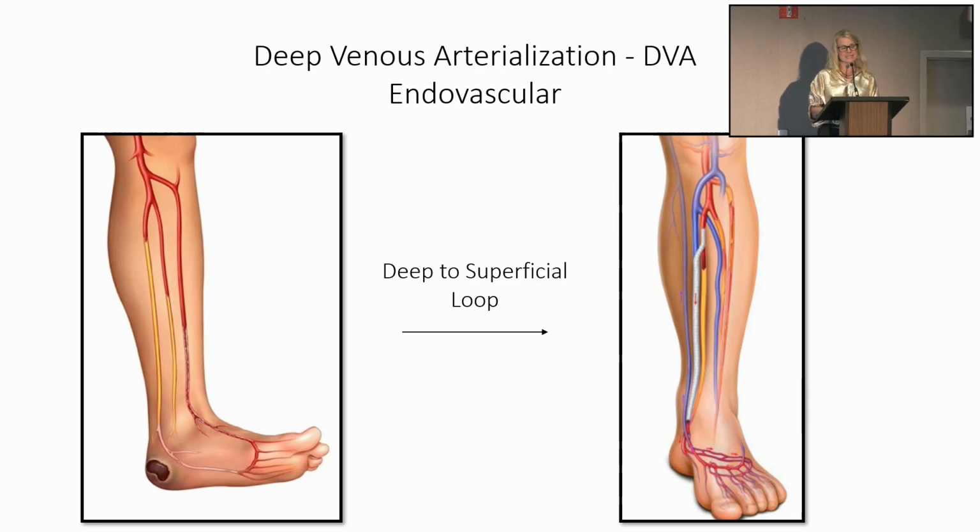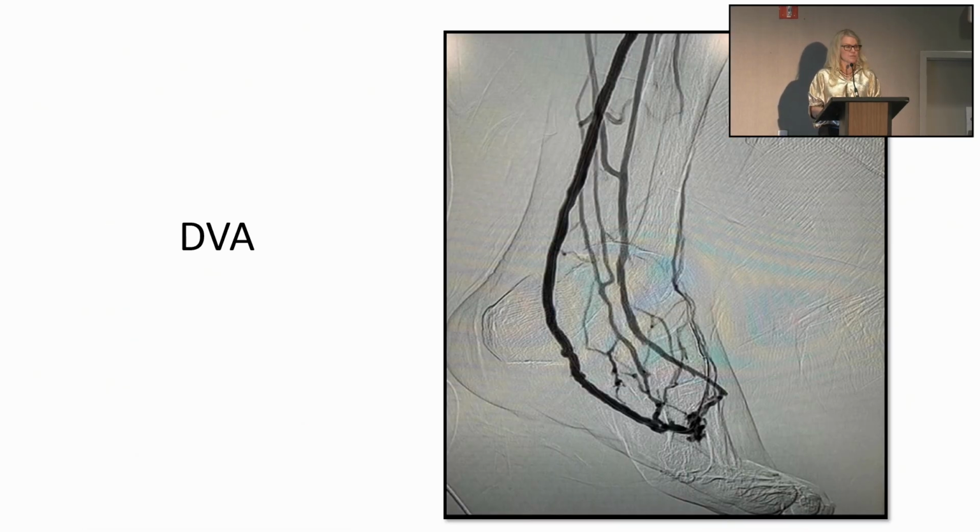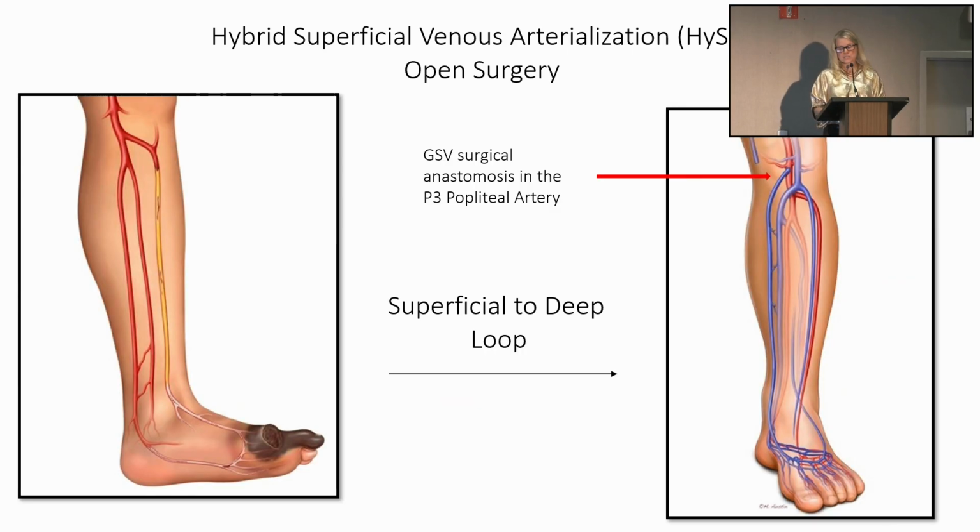This is a stented stent graft that goes from the posterior tibial artery across and then down the posterior tibial vein to deliver that oxygenated blood flow around the pedal venous loop system. So this is what it looks like angiographically. And so vascular technologists have to be aware of this new procedure, because we are scanning now the vein that is now arterialized. This is what the hybrid or HISA open arterialization looks like, where we surgically anastomose the great